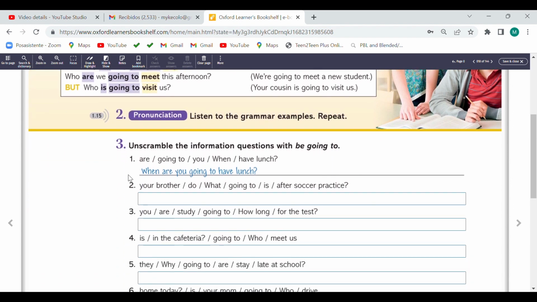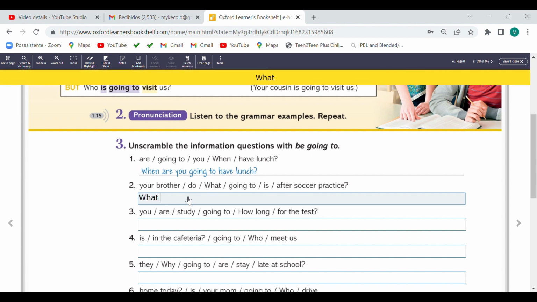And exercise number 3. Unscramble the information question with be going to. Vamos a ver. Esto es un scramble y entonces las palabras están desordenadas y tenemos que ordenarlas. For example, number 1. When are you, the subject, going to have lunch? And the question mark. Number 2.